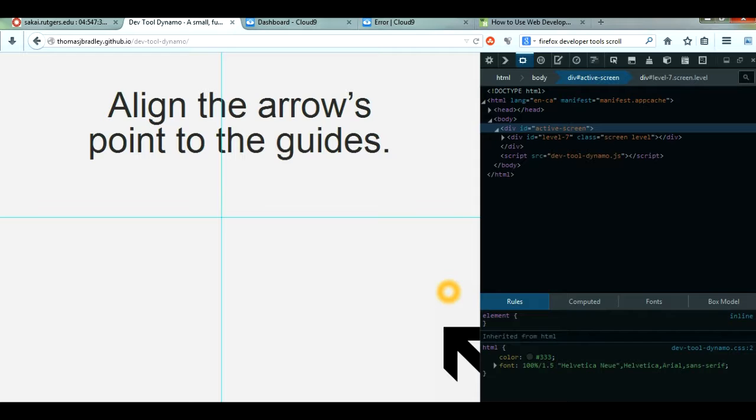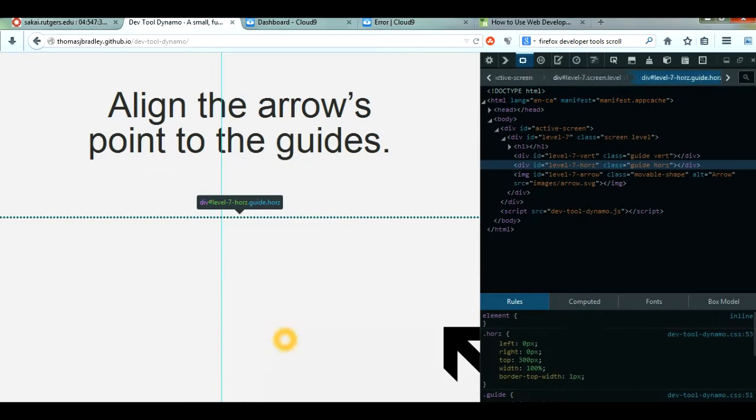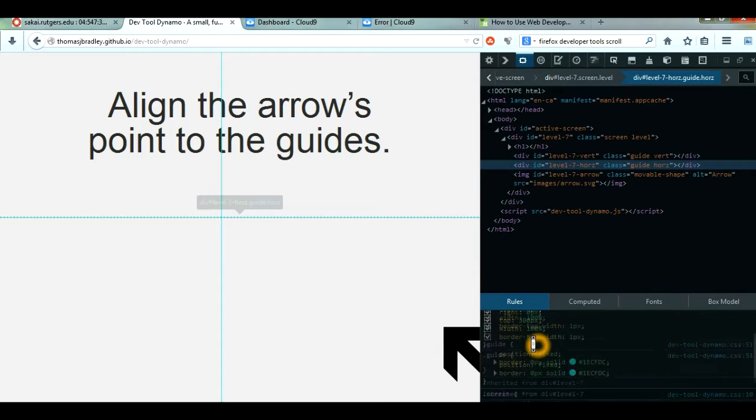Okay, so the next thing we need to do is take this arrow and move its tip to the intersection. It's easy to do this because, as this image right here shows, when you move it, the origin is actually not in the center, but at the top left corner. So all we have to do is match that with the intersection right here. So what I'm going to try to do is inspect the element, and I was able to actually get, even though it's very thin, where this is. And so we can see here that